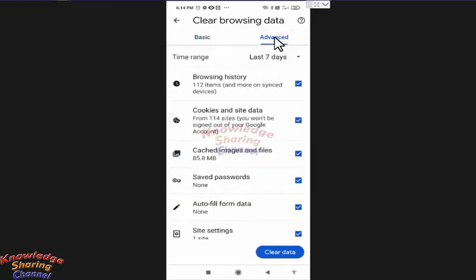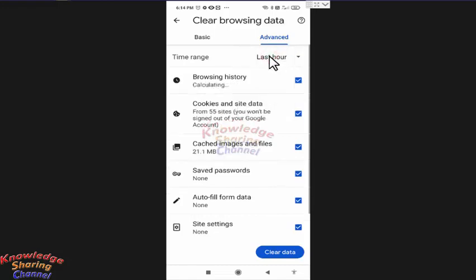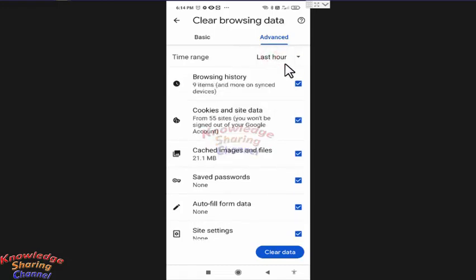In advanced you need to press on the small arrow and here select last hour. Friends, as we have selected last hour, so it is showing all the data of last 1 hour. So press on clear data,